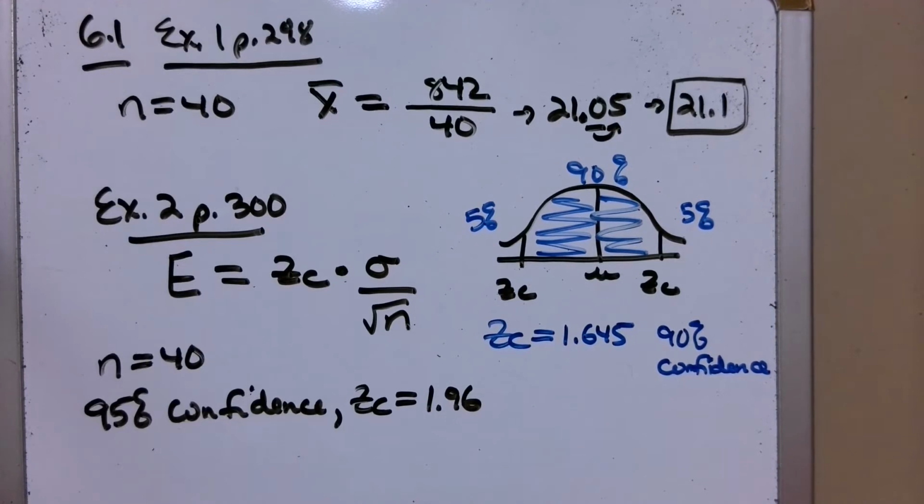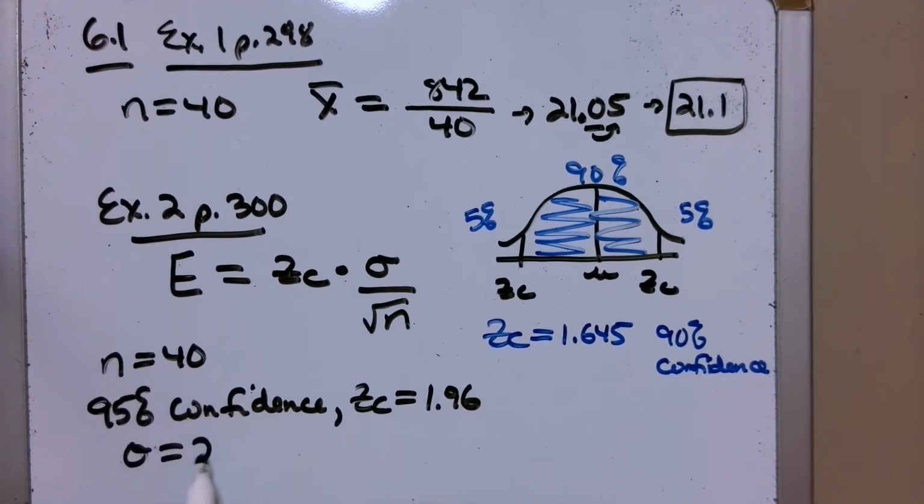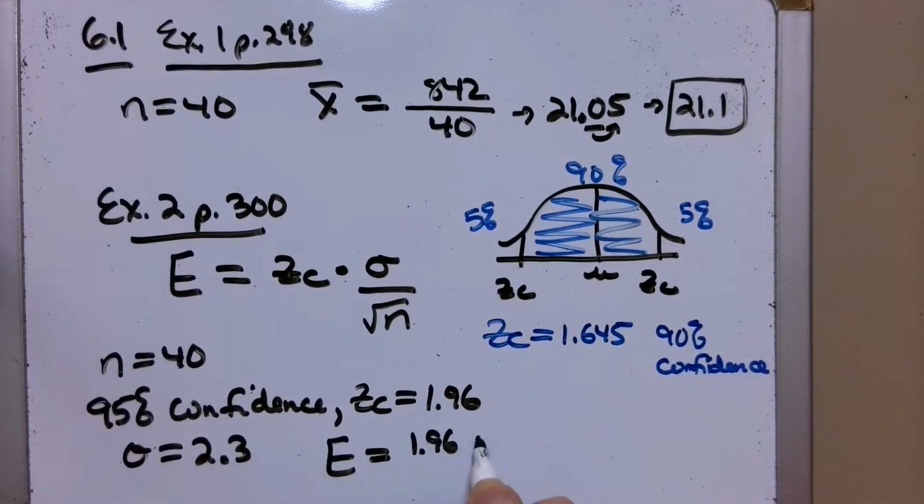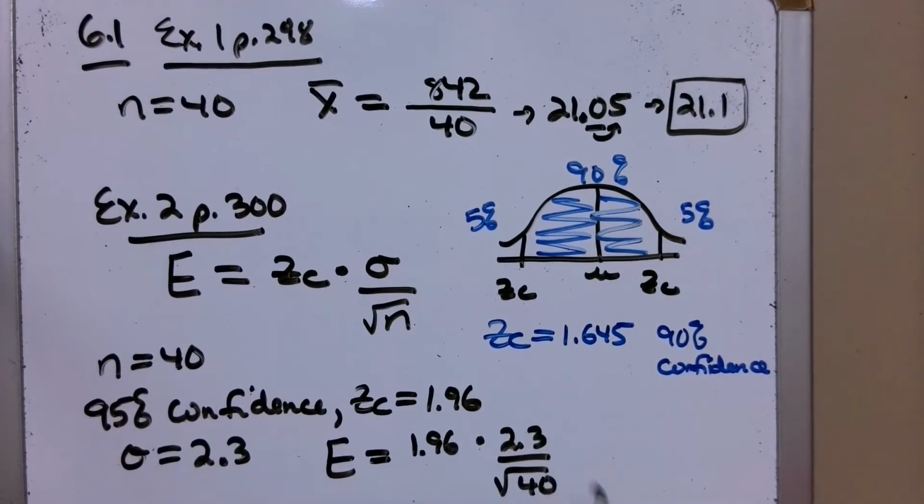And remember also that it said you need to assume the population standard deviation is 2.3 hours. So we're going to calculate the margin of error. We're going to take z sub c, 1.96, times sigma, 2.3, over the square root of n, 40. And again, it's really critical that you know how to do the square root in your calculator. Multiply straight across: 1.96 times 2.3 divided by the square root of 40, and that's going to give you